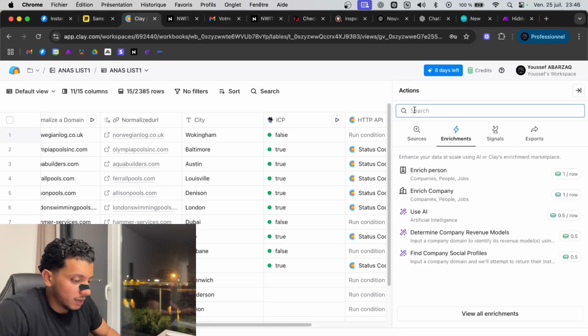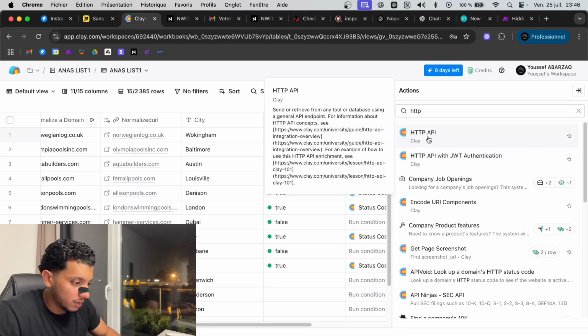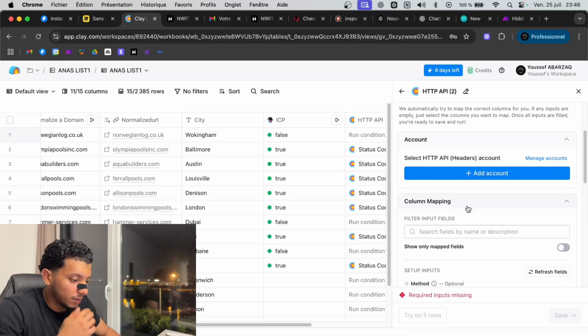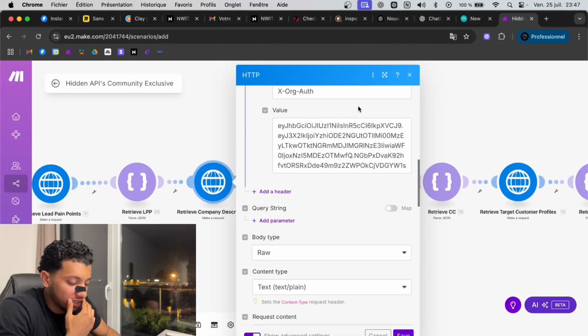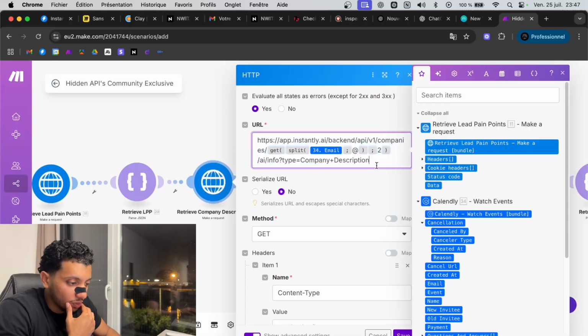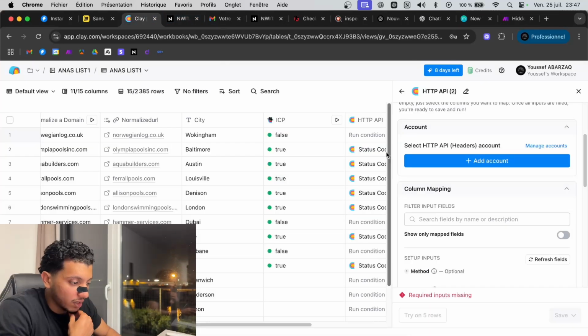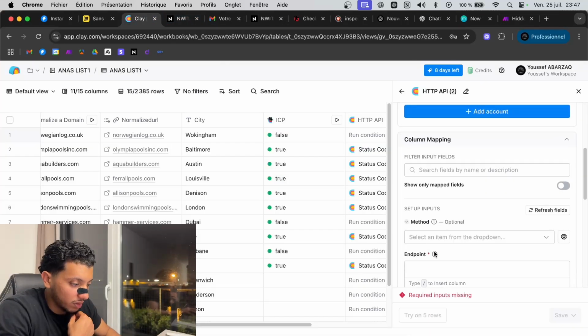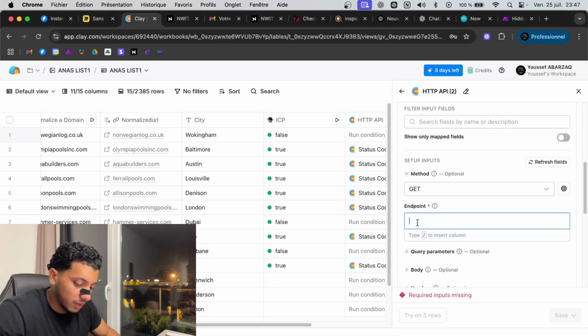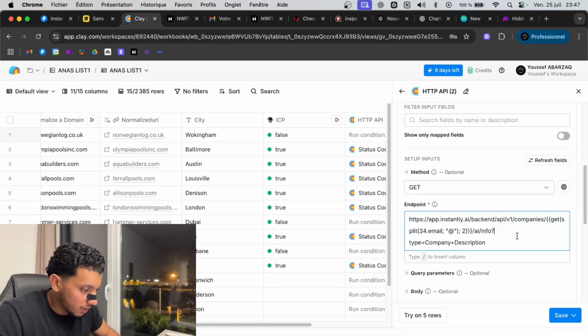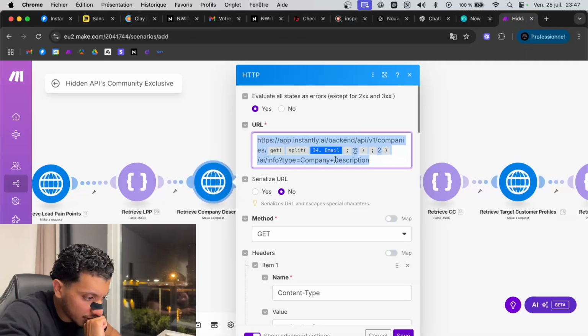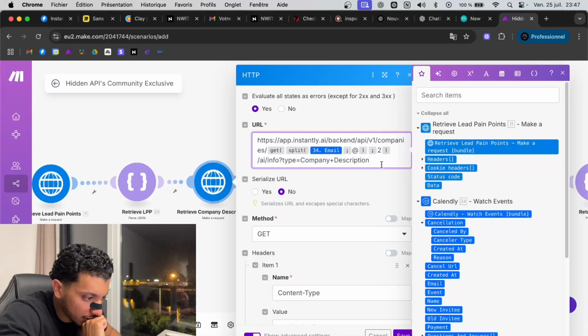Yeah, as I said, HTTP API, and then here I have a Make scenario with this, and basically this will help us retrieve company's description. Okay, so the method would be get, endpoint is this one, instead of, not sure here, split email. Why does it split email?